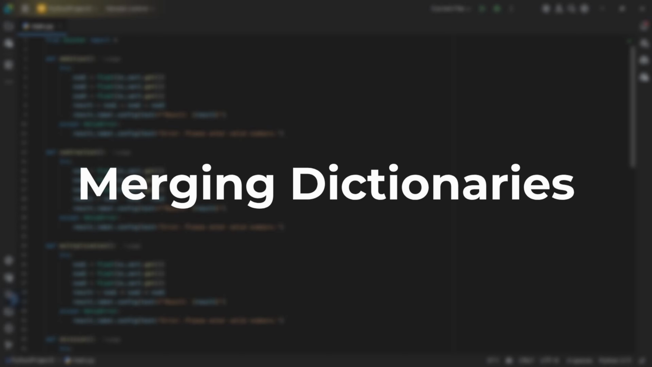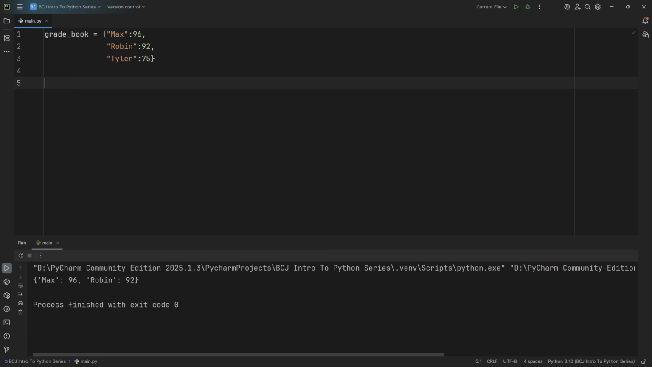Now, let's see how to merge dictionaries. In order to merge dictionaries, we need two dictionaries. So now, we have gradebook A and gradebook B. But in order to merge them together, we need to use a new variable. So let's say total